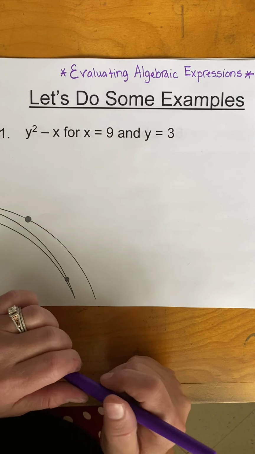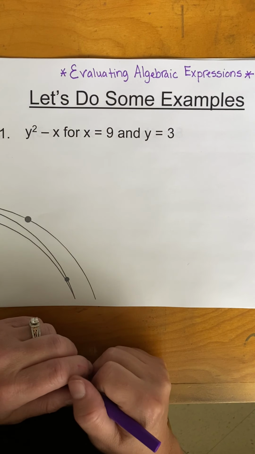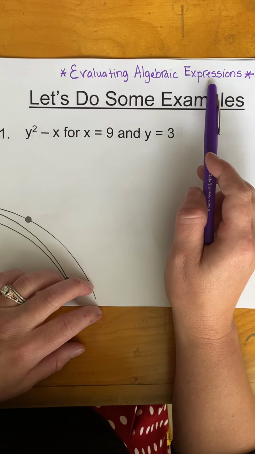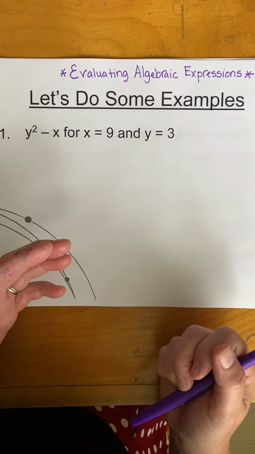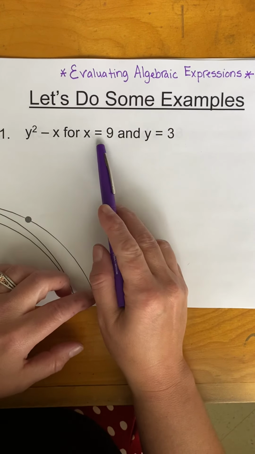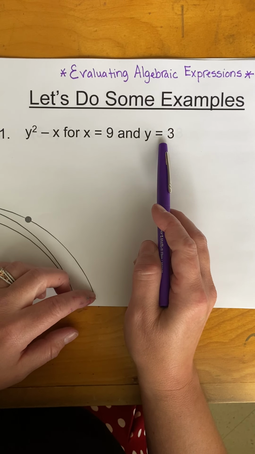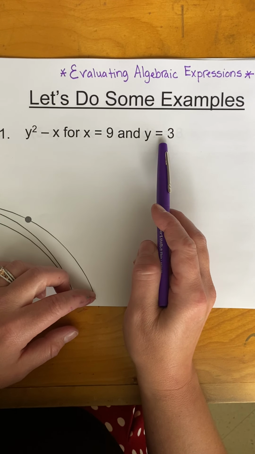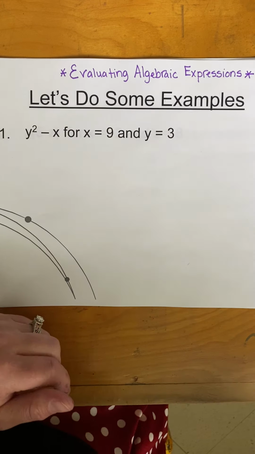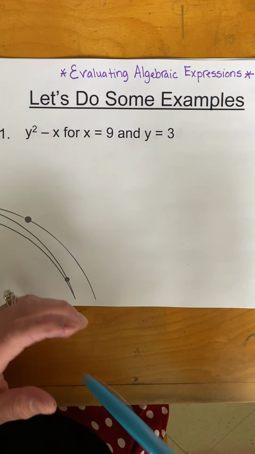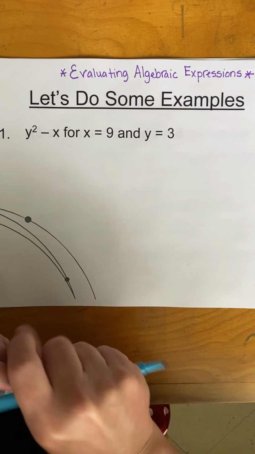Hello everybody. I'm going to look at some examples of evaluating algebraic expressions. There's only two steps to doing this. The first step is using the substitution property to use the indicated values. And the second step is using the order of operations. So let's get started. For the first one, we have y squared minus x for x equals 9 and y